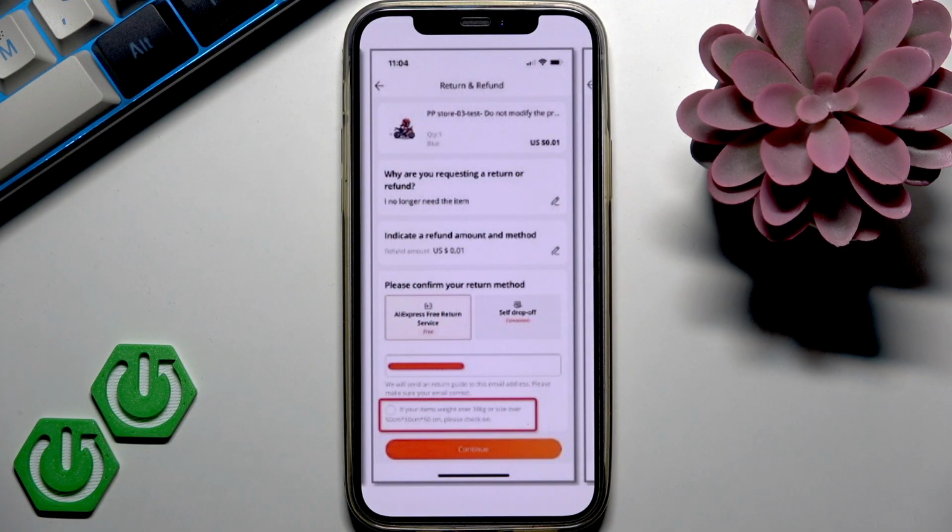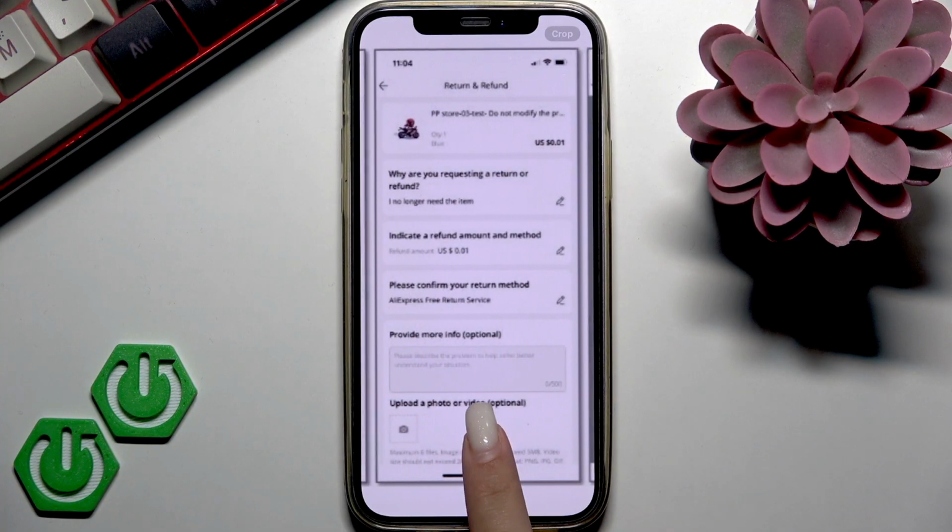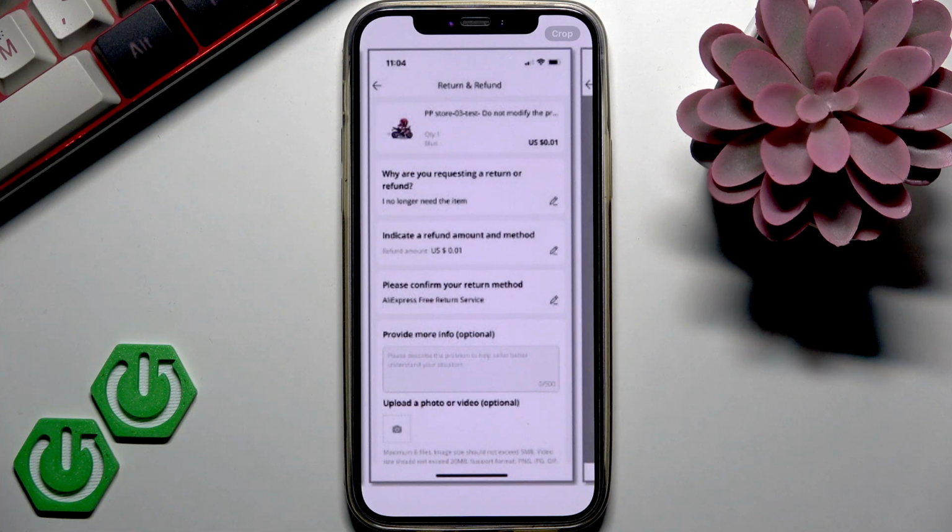There are two methods available, and the first one is AliExpress free return service, and the second method is self drop-off. So think about it and decide for yourself which method will work out better, and tap it to select one method. Tap the continue button, and here in this box you can provide more information about your